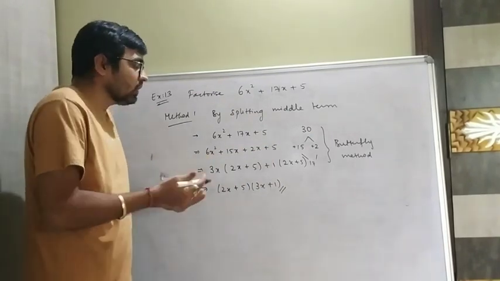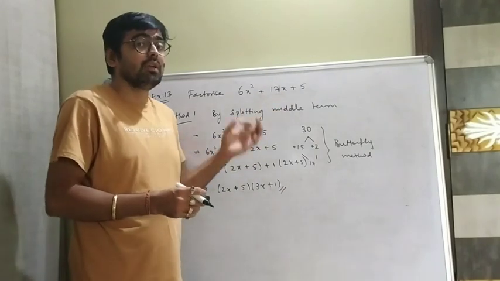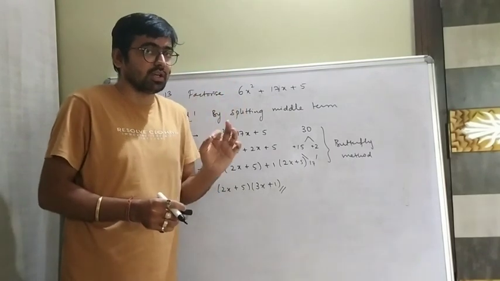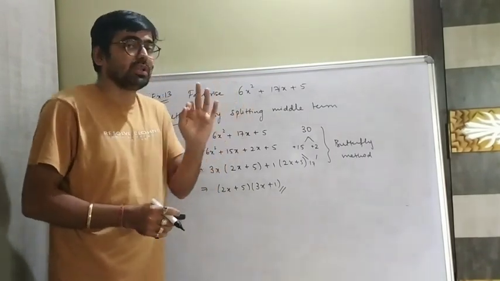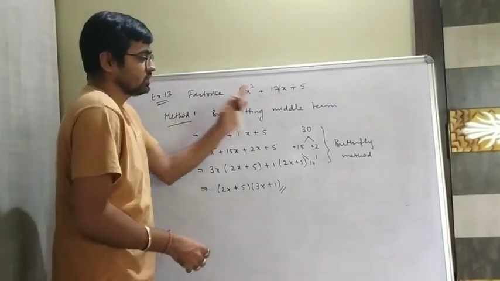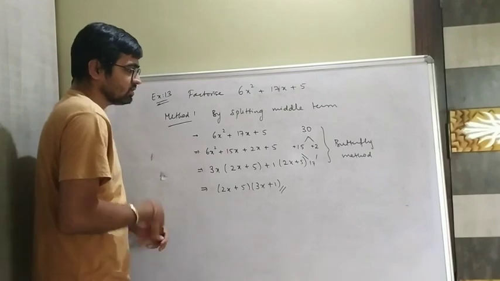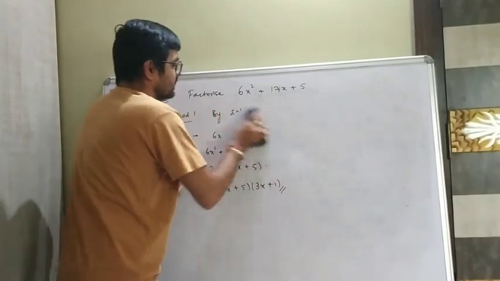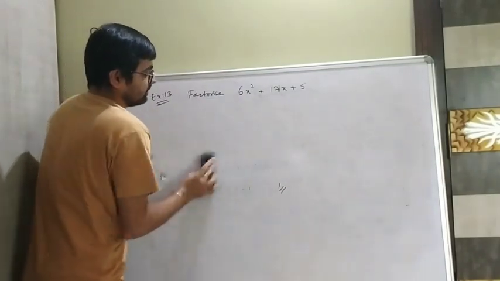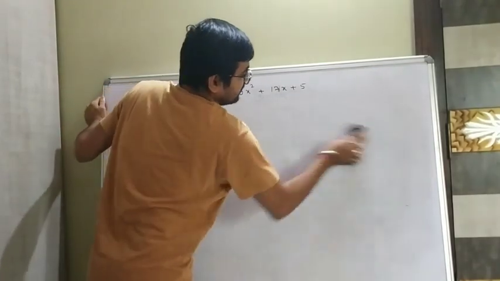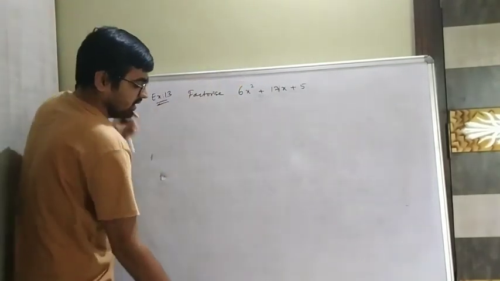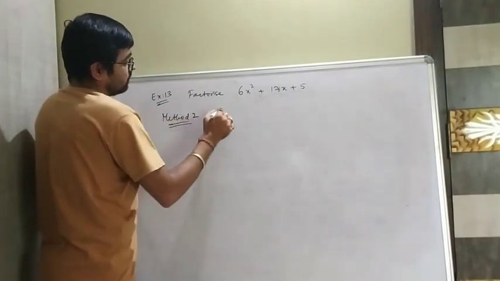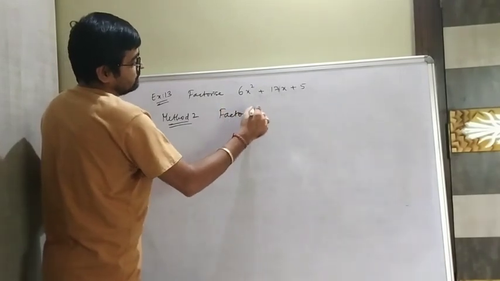Am I clear? Now how can we factorize this particular polynomial with the help of a factor theorem? That is what you are going to understand, and please focus, because it is going to be an important criteria and important problem for us. So please pause the video and note it down so that we can move forward. Correct? Now I am not going to make it difficult for you, but this particular problem is given as a bit difficult because generally how we are going to do. So let's go with the method number 2 called factor theorem, using factor theorem.